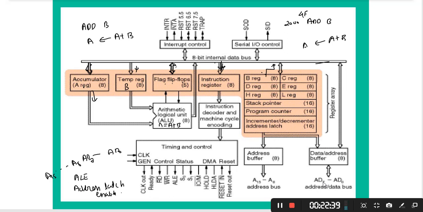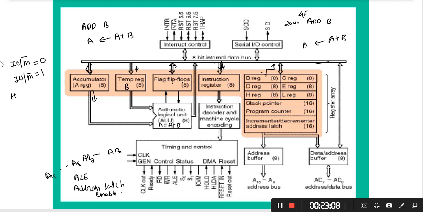Whatever operation is going on can be seen by the status of these two pins S0, S1. Then IOM bar. When we do a memory operation, this pin will be 0, indicating a memory related operation. But when this pin is 1, the operation is related to the input output device.